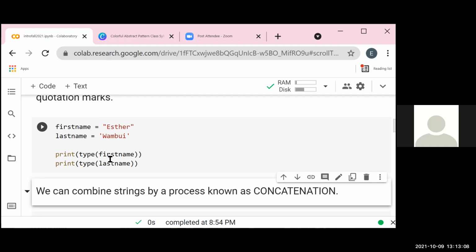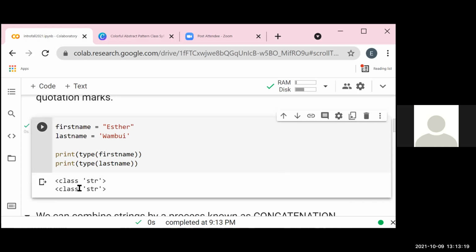Let's confirm whether Python actually interprets these as strings. If we run this, you see now class str. As we go on, we'll understand what this class means because it's very important. Remember, str stands for string.